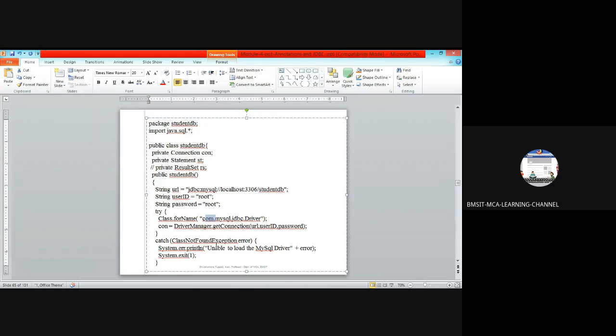So this can be resolved by adding that MySQL connector jar file in the library of your application, or in the JRE path of that JDK. You can put this MySQL connector in your JDK bin library file.